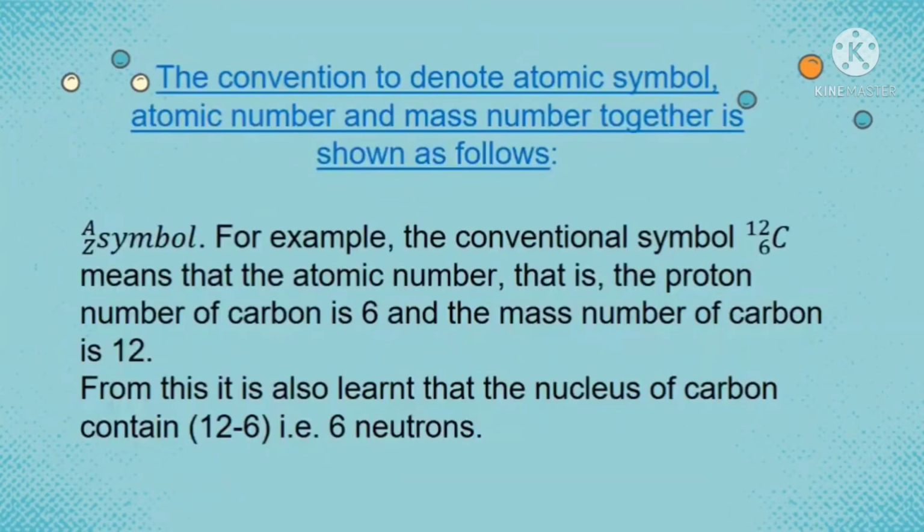Now the next part is the convention to denote atomic symbol. Atomic number and the mass number together is shown as follows. Here I am showing you the symbol capital A at the top and at the base is Z. So what do you mean by A and Z? For example, the conventional symbol 12C6. It means that the atomic number, that is the number of protons of carbon, is 6, which is shown at the base, and at the top is shown the